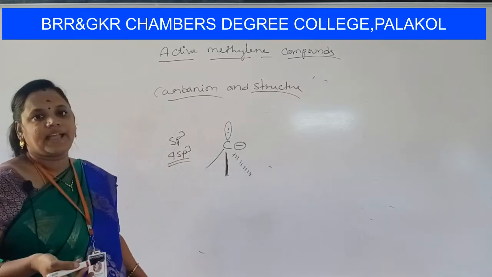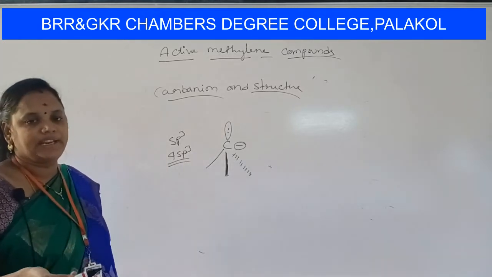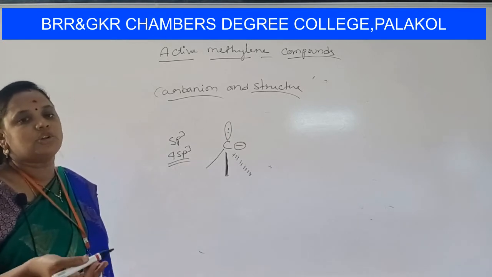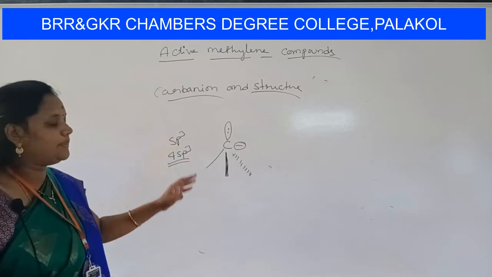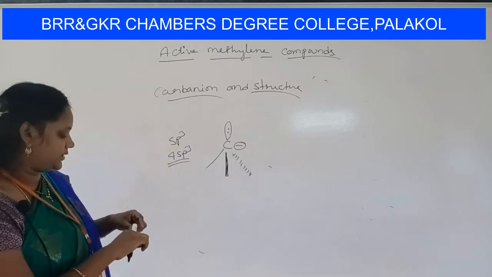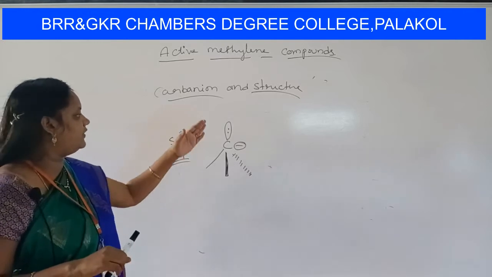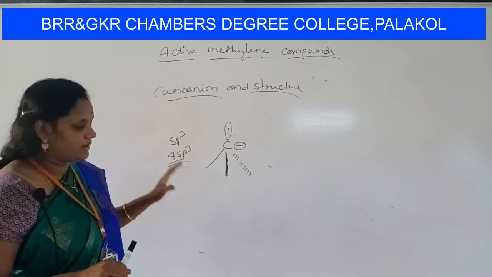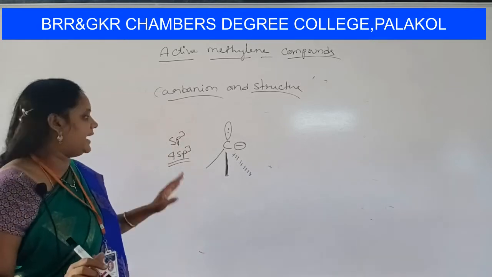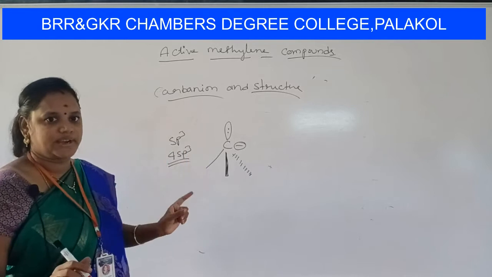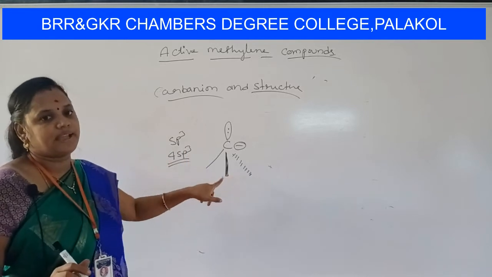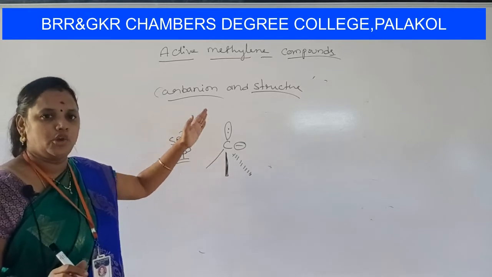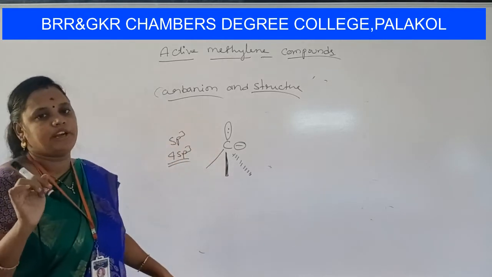So, how do we generate a carbanion? We generate a carbanion by treating an active methylene compound with sodium metal. Let us write about the generation of carbanion. Students, are you clear with the structure of carbanion? It is sp3 hybridized and has 4 sp3 hybrid orbitals, right? Out of which 3 are connected to other atoms and 1 sp3 hybrid orbital is occupied with a lone pair of electrons.